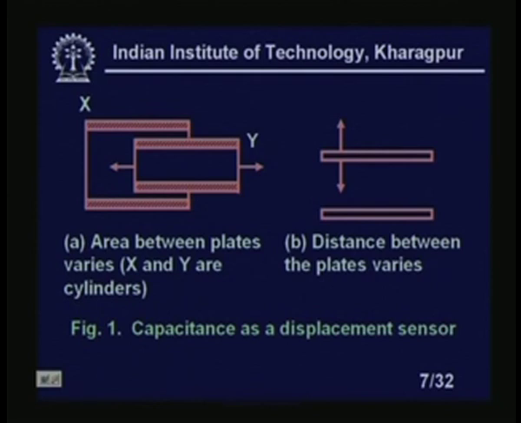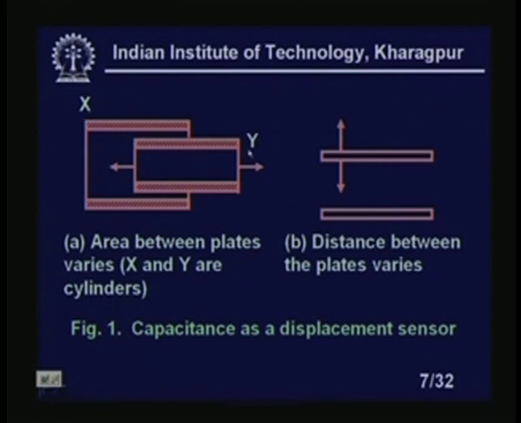These are basically a displacement sensor. You see the two areas between the X and Y are cylinders. X and Y are cylinders, basically. And the dielectric medium might be air, there is no problem. So, if I push it this way, you see, if I push this Y, X is a fixed plate,